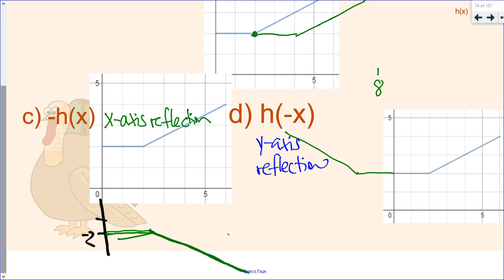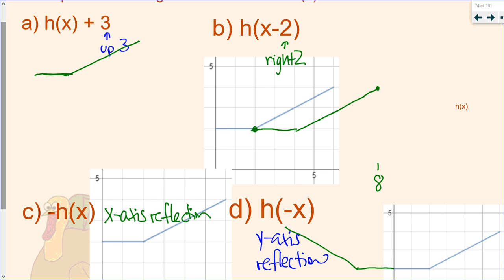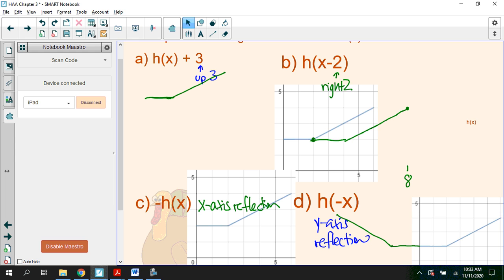F of x is negative, it's an x-axis reflection. So x is negative, y-axis reflection. Y, or h of x, is negative, x-axis reflection. And if you are adding to x, it moves it right or left. Adding to the outside of the function or adding to the y, it moves it up or down. Okay? Are there questions? Okay. So right now, what we are going to do